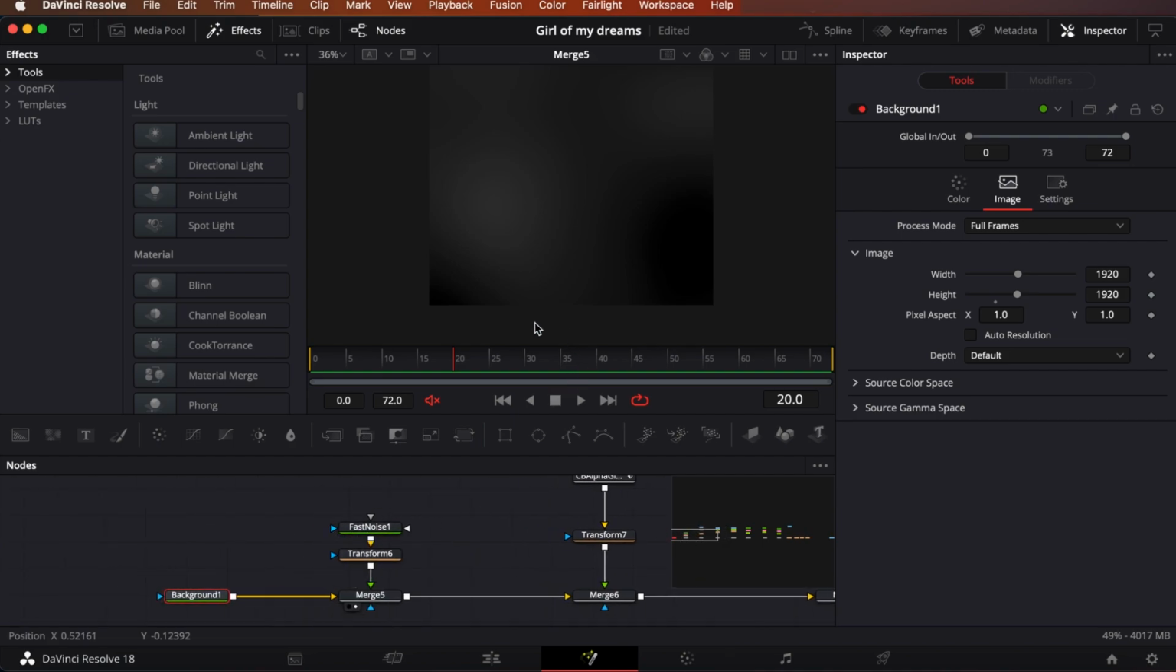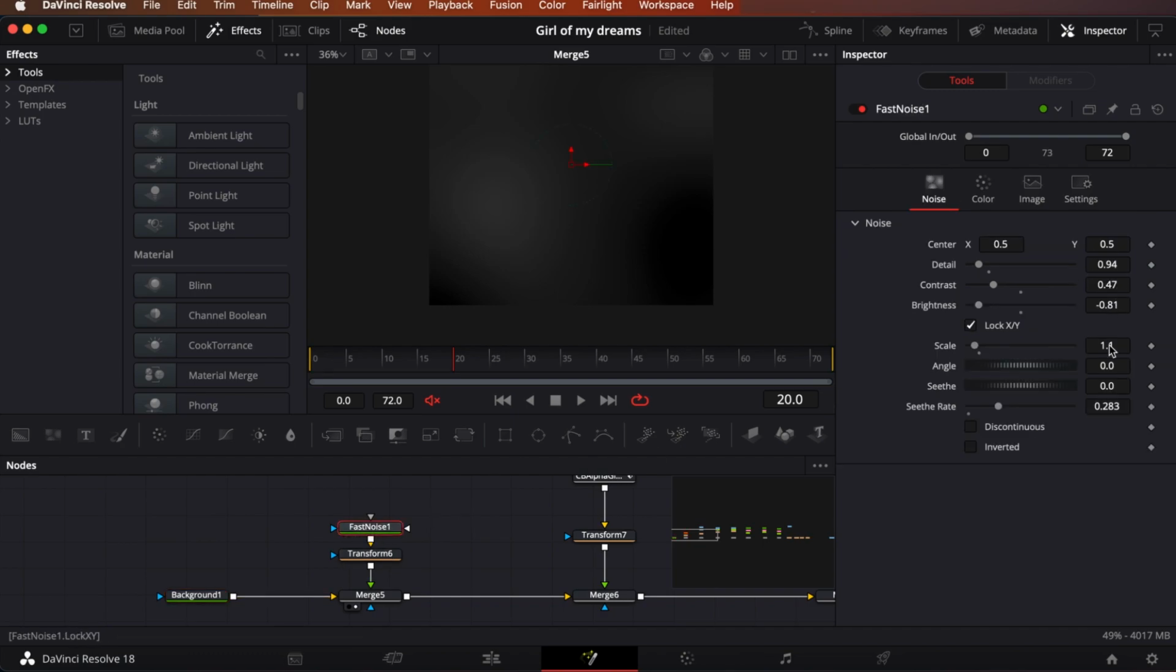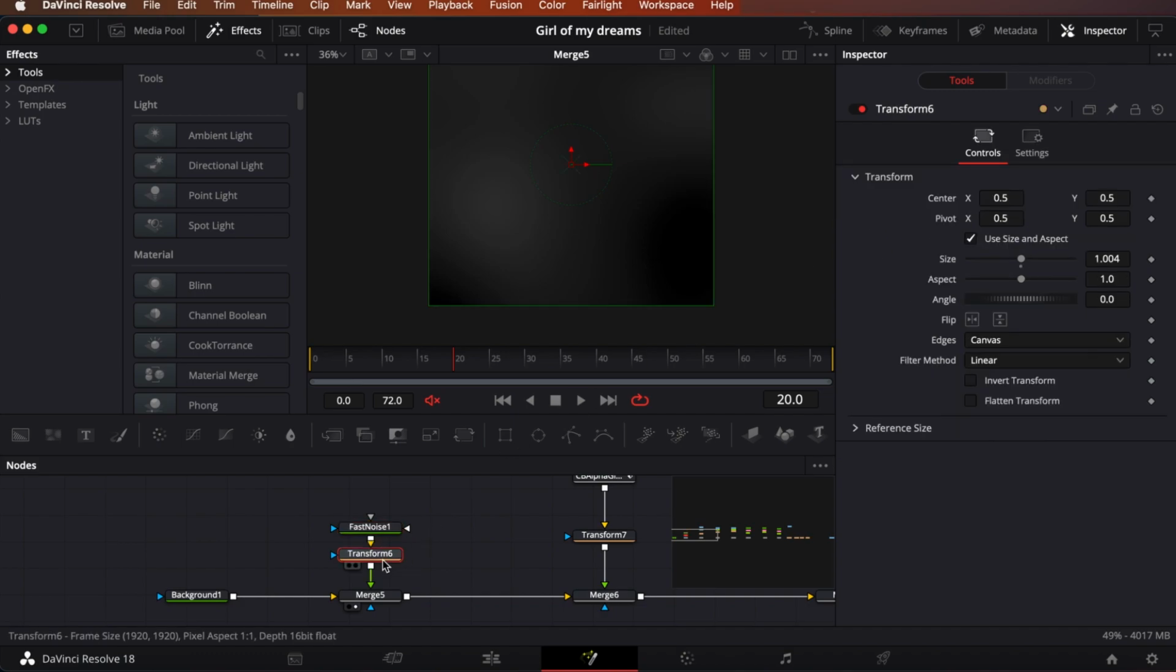I added this last, of course, because I had to make everything else, but this is just the fast noise that I had for a background. These are the settings, and this is the transform. I believe this is to zoom it in a little bit. I'm actually not even too sure what I use this for, but